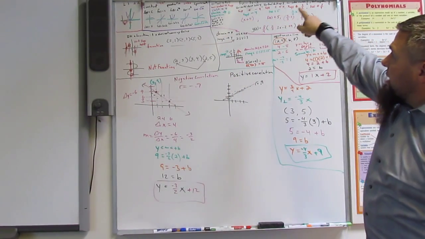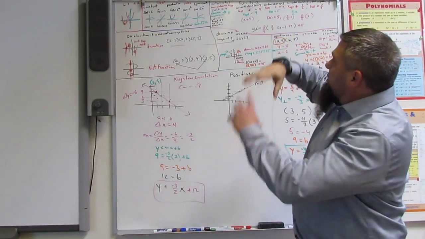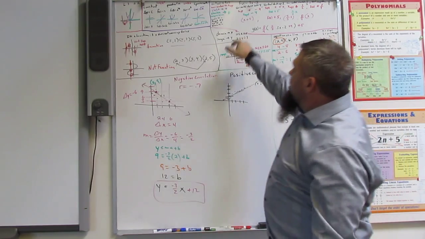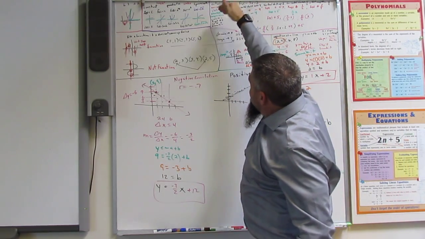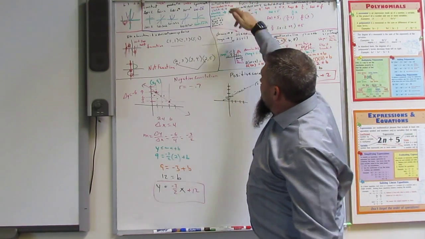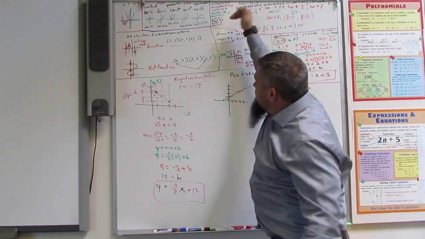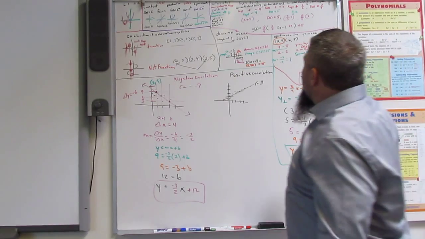Vertical means f of x, the whole function. Horizontal means x opposite, or just to the x. Shift means plus. Stretch and compression means times. Left is minus, right is plus, up is plus, down is minus. Okay? And then you've got